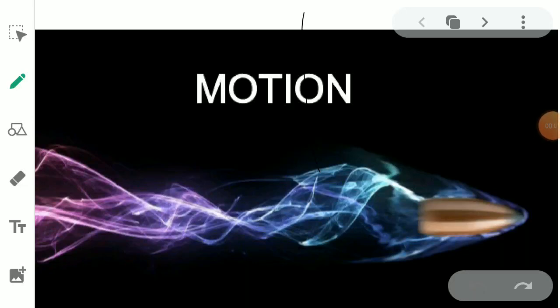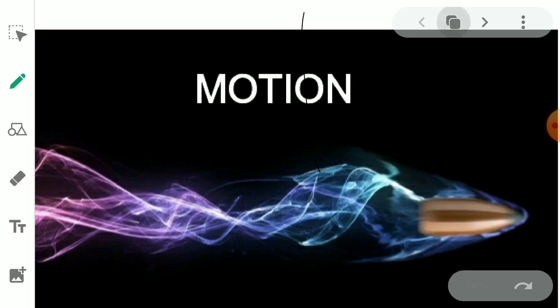Hello, student. We had completed the first chapter of biology, that is the fundamental unit of life, the cell. Now, today we will start with the new chapter, the first chapter of physics, and that is motion. So, before we go further and understand the term motion or the other things related to motion,